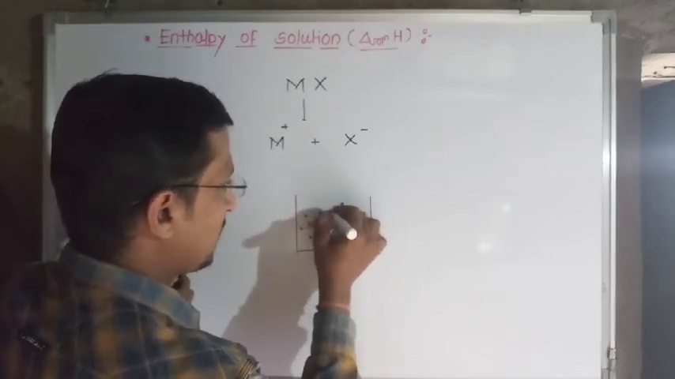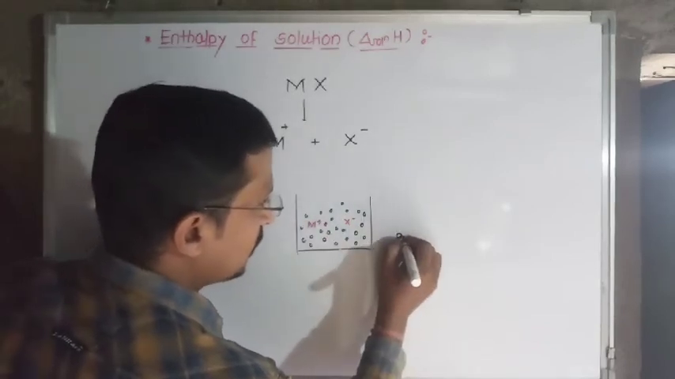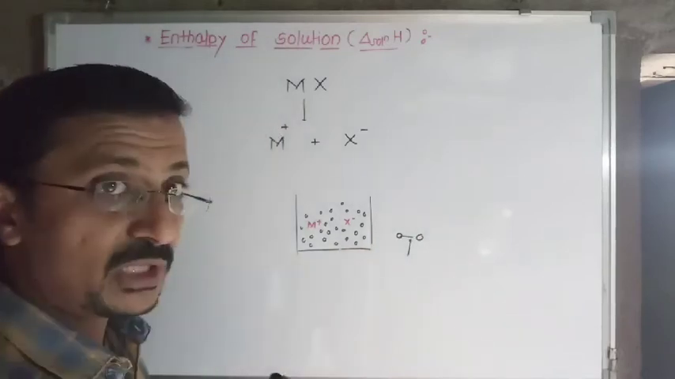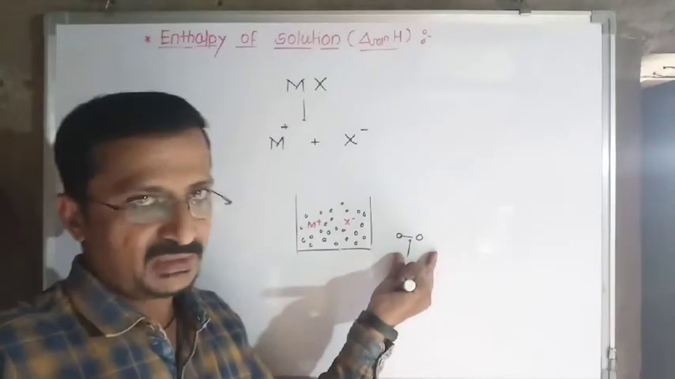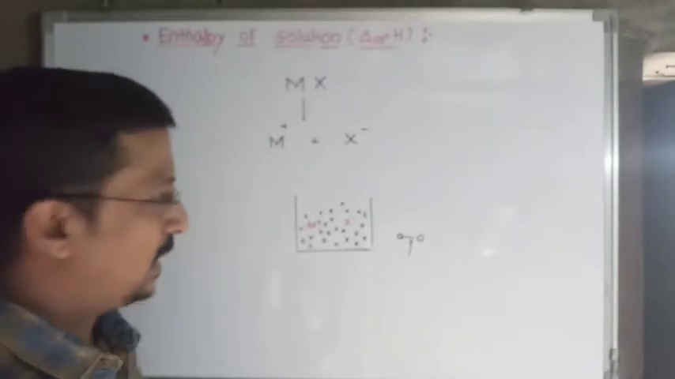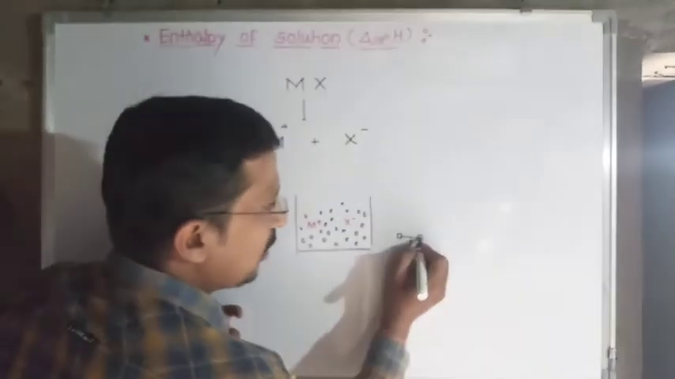Initially, among solvent molecules, there is an intermolecular force of interaction between two solvent molecules. Due to these intermolecular forces, when MX is converted to M plus and X minus, the M plus and X minus have to be accommodated in that solvent, and for that accommodation the solvent molecules have to go